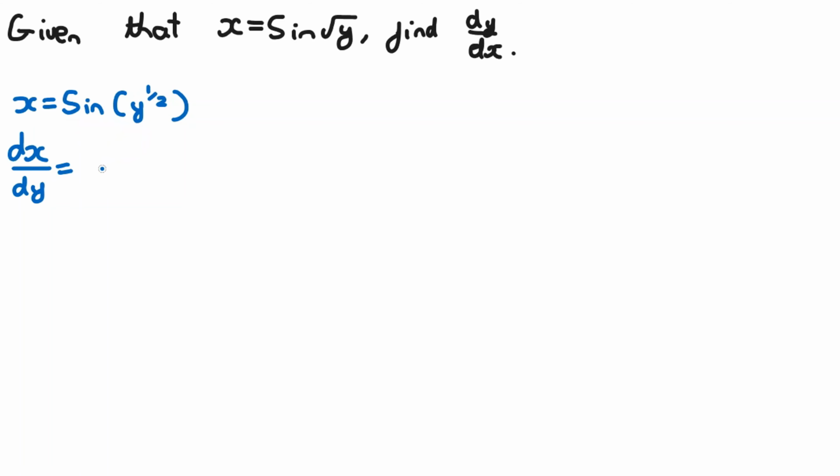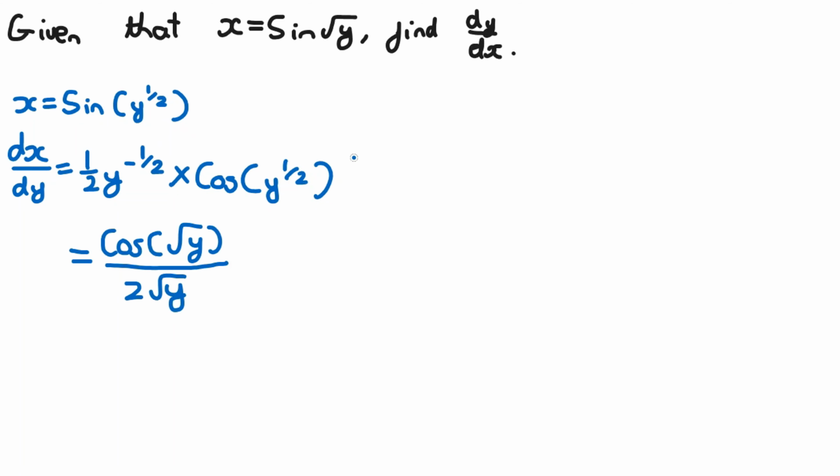sin here. So dx over dy, if we differentiate this, is going to be the inner function differentiated, so it's going to be y to the power of a half differentiated, which is half y to the power of minus a half, and this is multiplied by the outer function differentiated, so this is sin differentiated, so this is going to be cos, and remember that this here stays the same, it's going to be y to the power of a half, like this, and we can quickly rewrite this using the indices law, with the numerator being cos of root y,